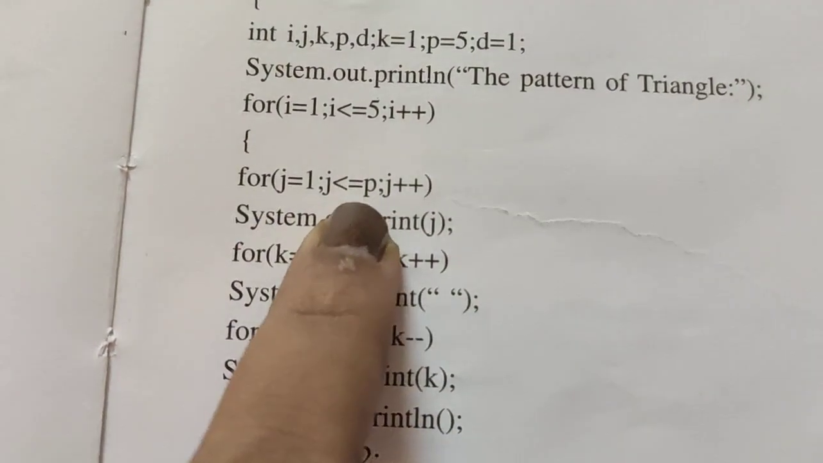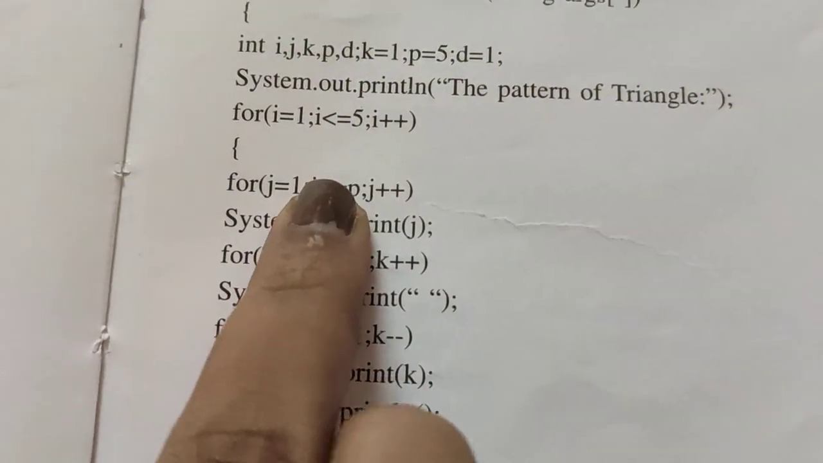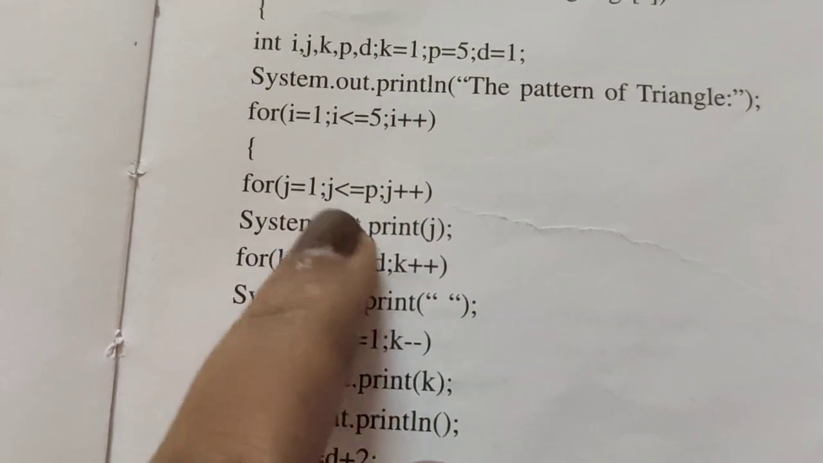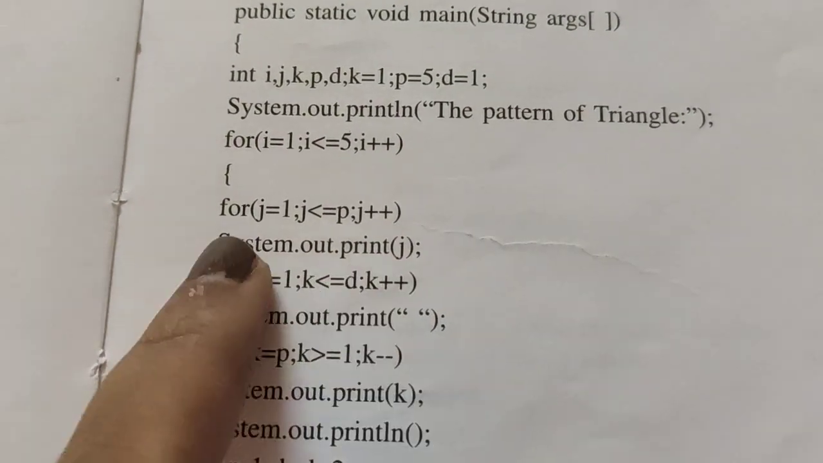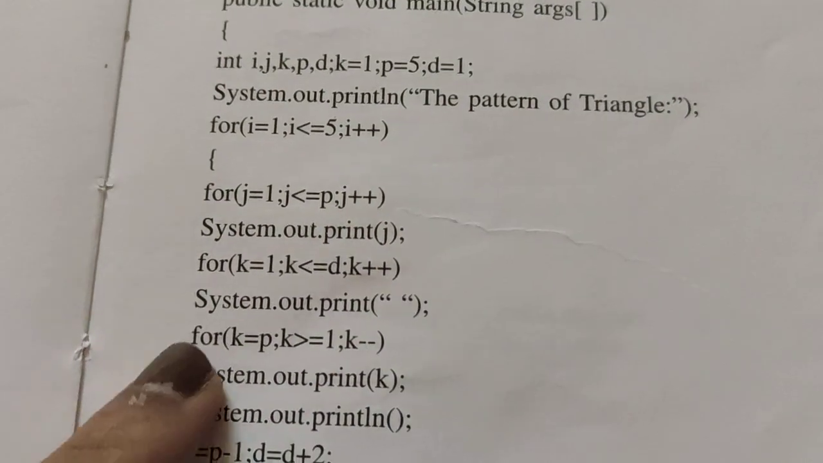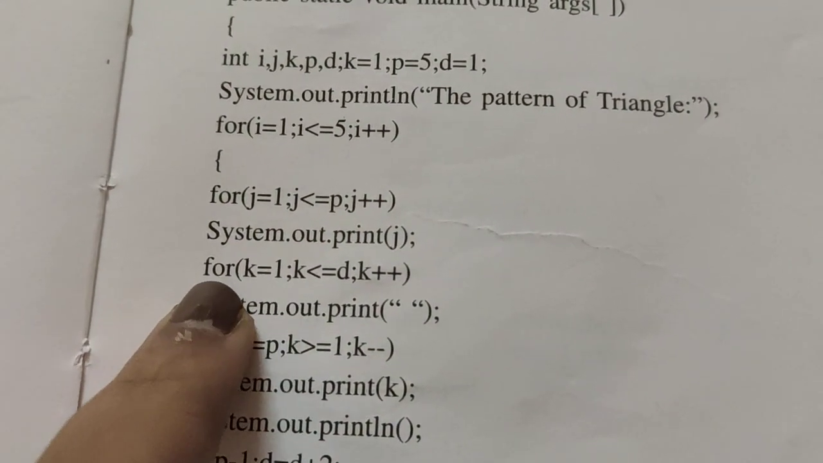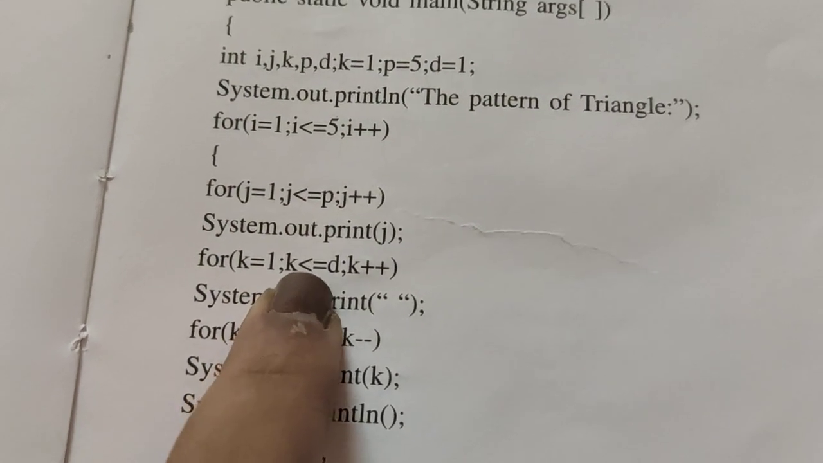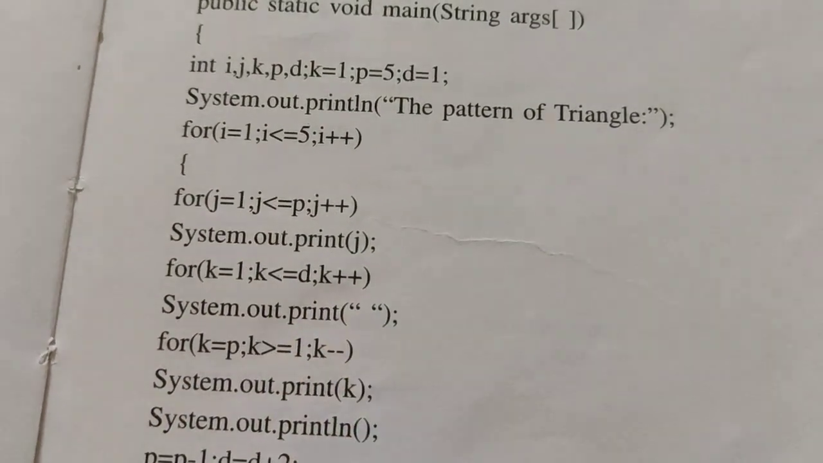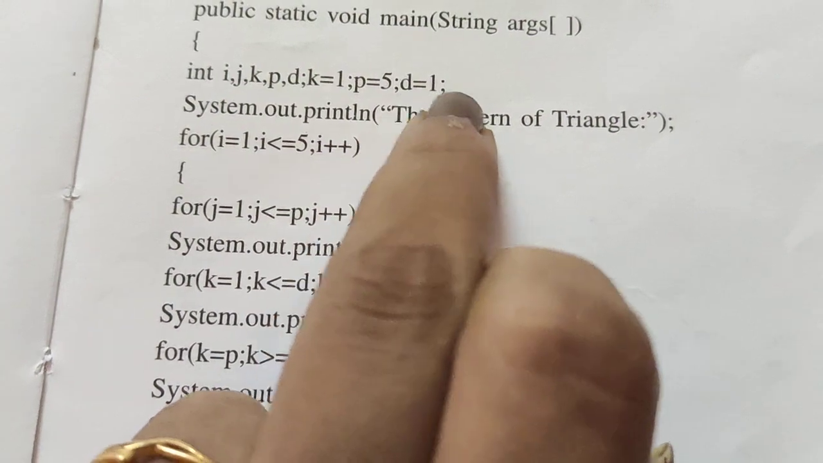For j is equal to 1, j less than or equal to p, they have initialized this as 5 there. So till it is 5, j plus plus, the j value 1, 2, 3, 4, 5 is going to be printed, and after that it enters into the next for loop. k is equal to 1, k less than or equal to d, and k plus plus. See here, d is equal to